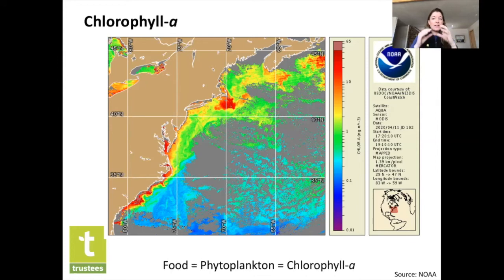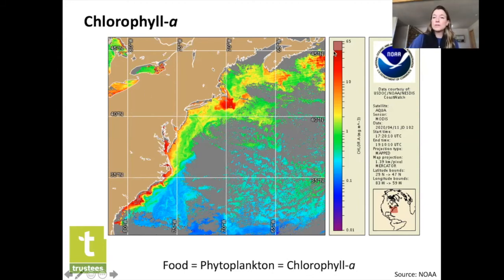So remember, phytoplankton is at the base of that striped bass food web, food chain. So where that phytoplankton is may mean as we go up, that's where the striped bass are or where they are trying to go. So chlorophyll A, simply we want to know chlorophyll A is food. And this map is a satellite image showing the amount of chlorophyll A in the water. Since this is a satellite image, you're getting cloud cover, so you're not getting a clear picture of everywhere, but